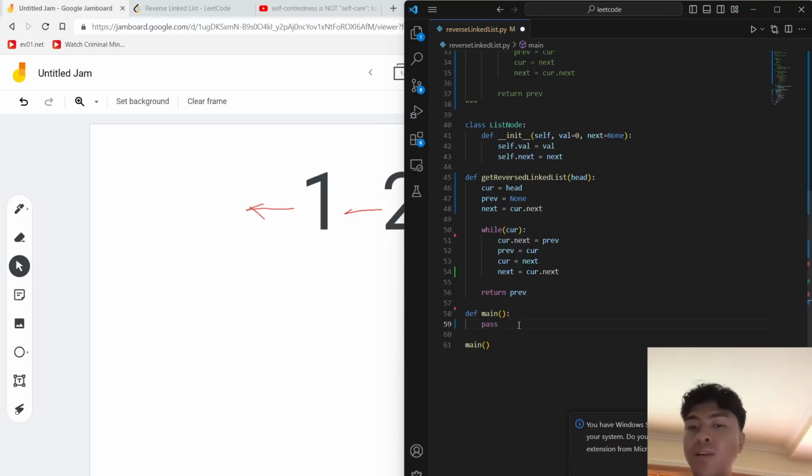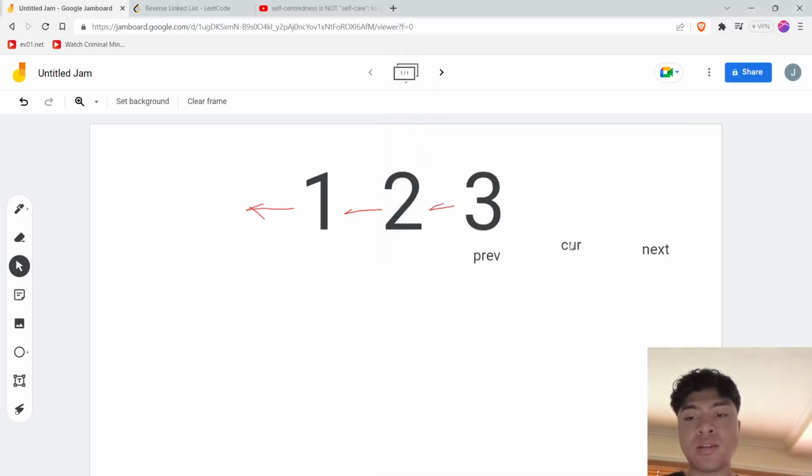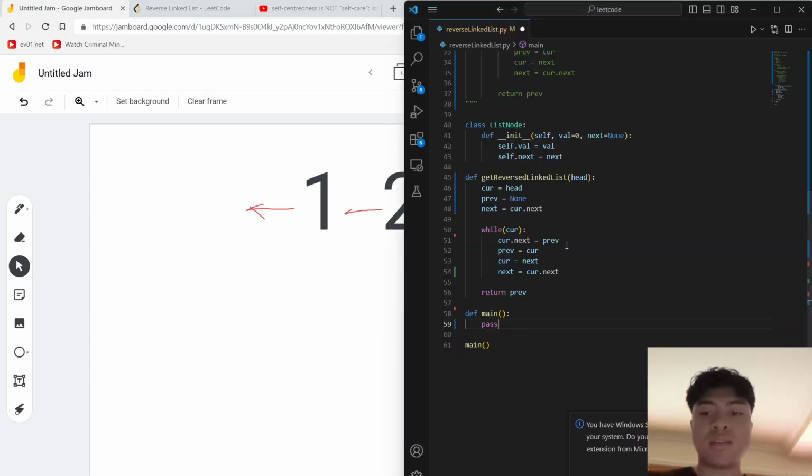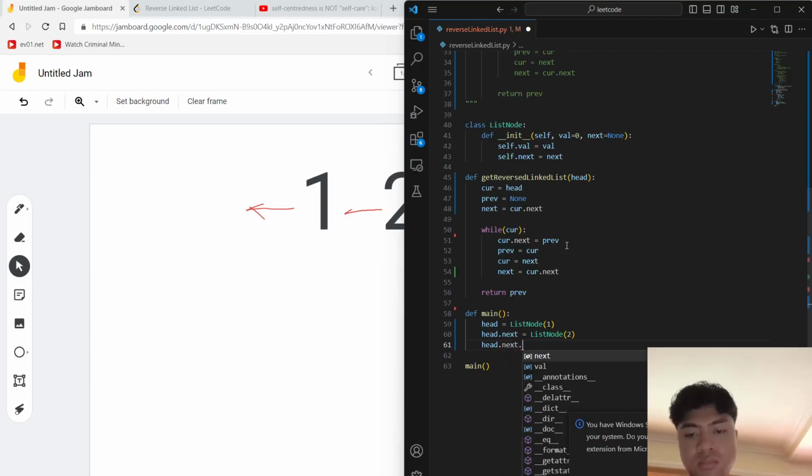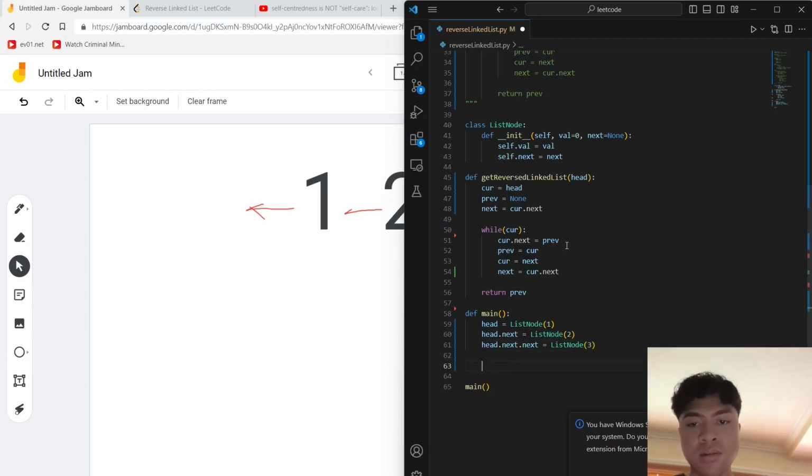So this should maybe work, I'm not sure, because in the end, cur, no, in the end, next points to cur's next, which is none, or like, it's out of range basically, but we'll see. So let's go make our test case, I mean. So head is equal to list node one dot next. Okay, so then I'm gonna call list of